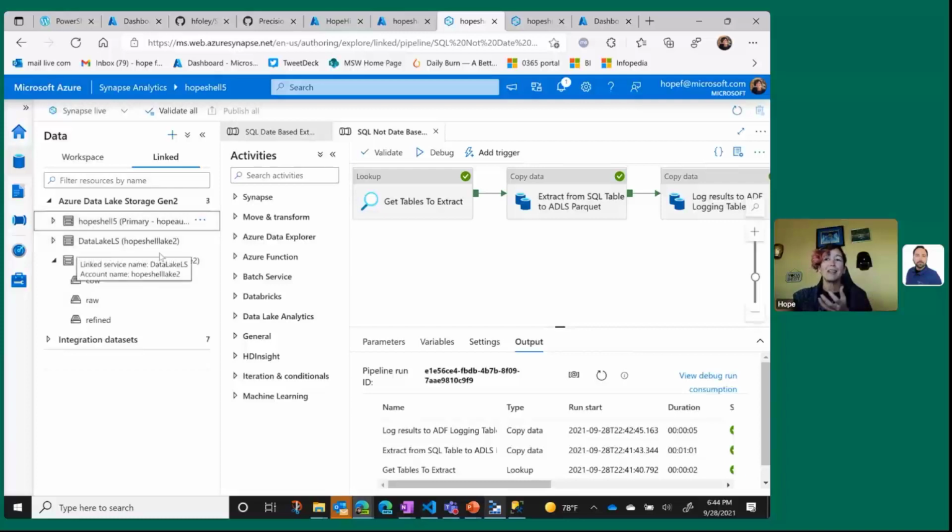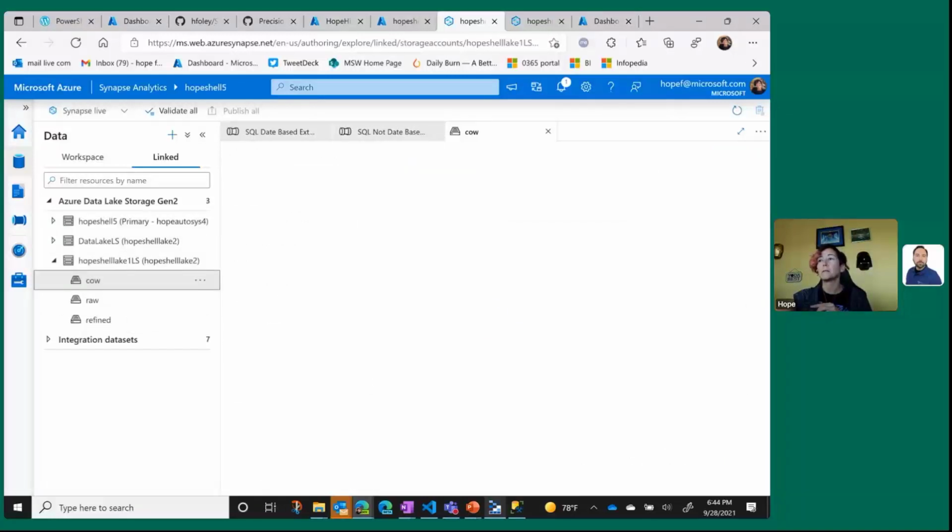Data Lake Gen 2 account, and then I put all of my pieces. So that's the reason I do two storage accounts. You definitely don't have to do that by any means. So,